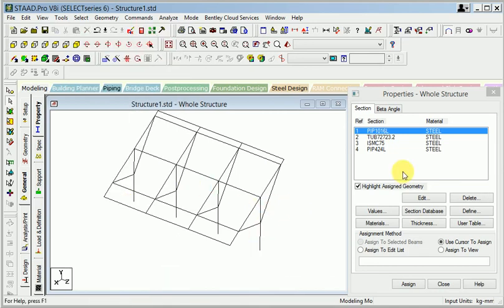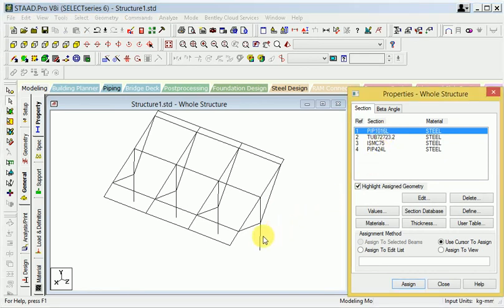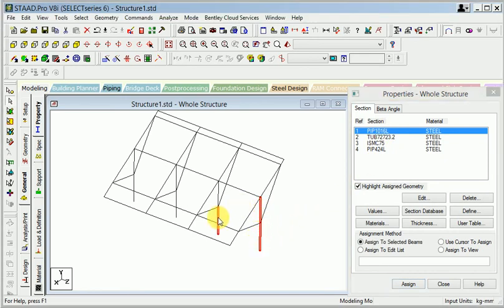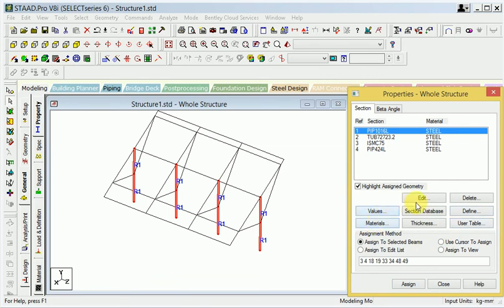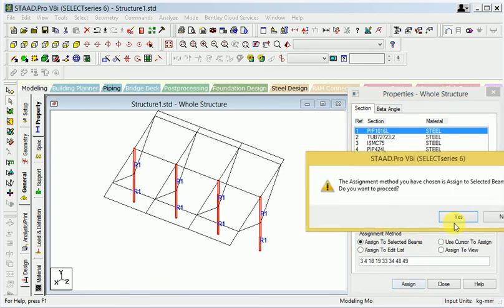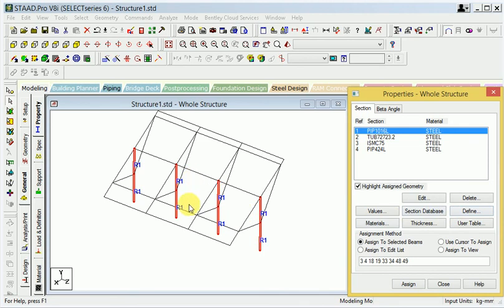So first of all go to pipe here and select this one, and also select here, and go to assign. When we go to assign here, okay, you can see this assign.